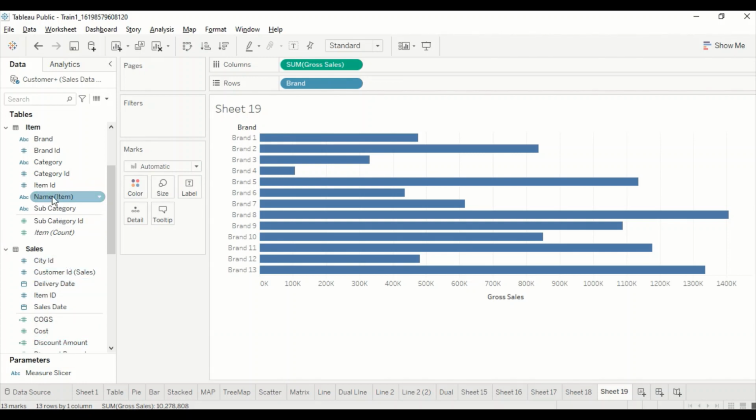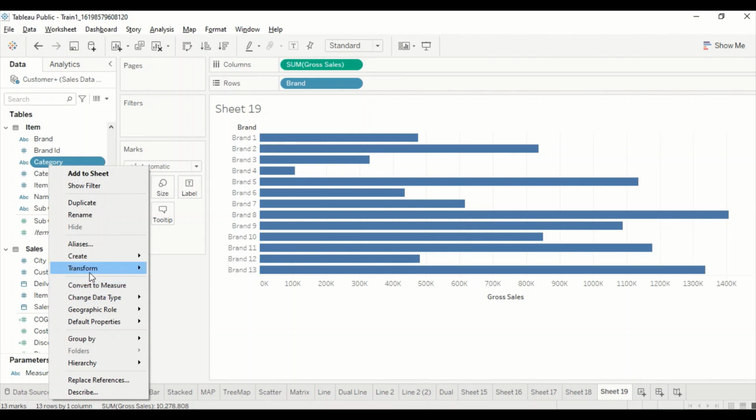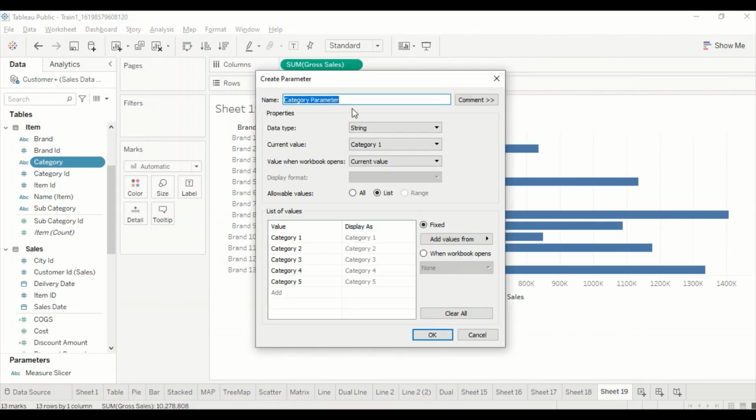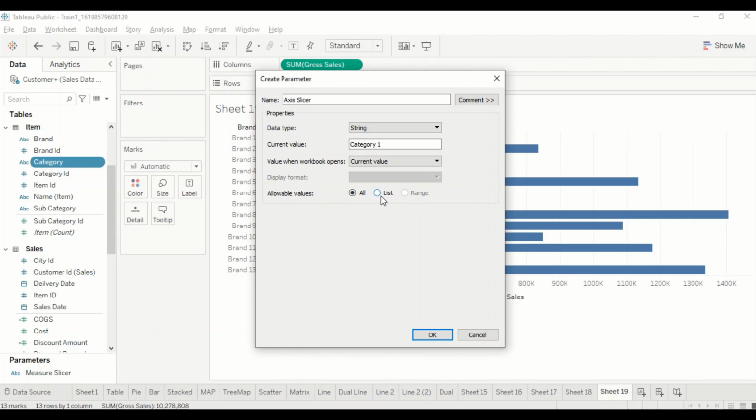So we know we need parameters. The best way is to click on anything, click here, and we say create and we say parameter. And we call it axis slicer. String, current values. Now this is the disadvantage if I do it using this, so let's not use this.